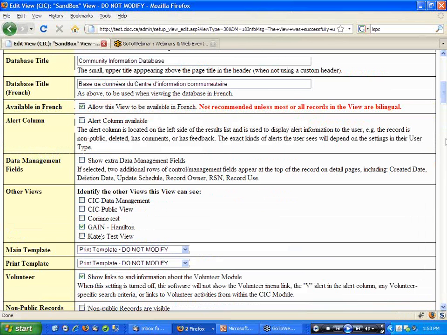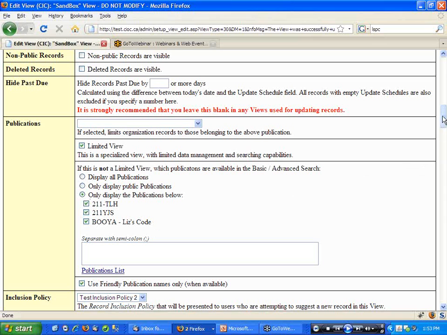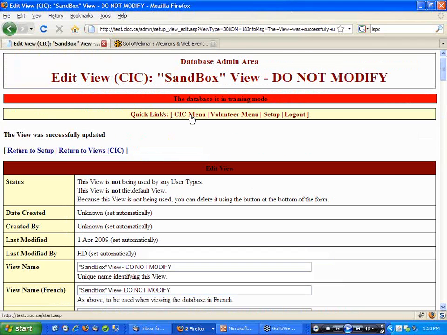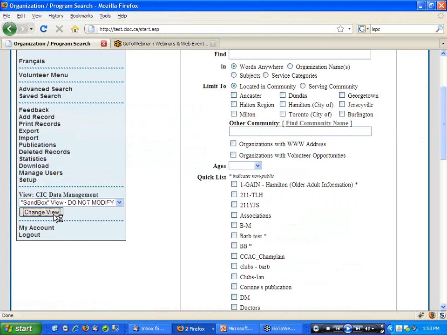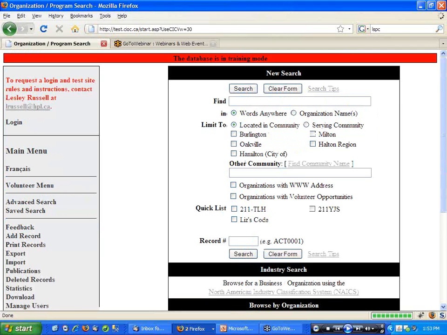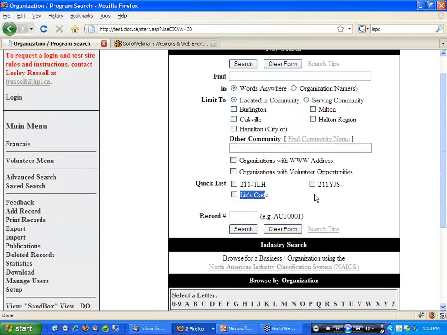And you'll see it'll have listed the ones that I have selected. And what view is this? The sandbox view. I switch to the sandbox view. Okay. You'll see that my quick list now only contains the 3 codes that I chose instead of all the